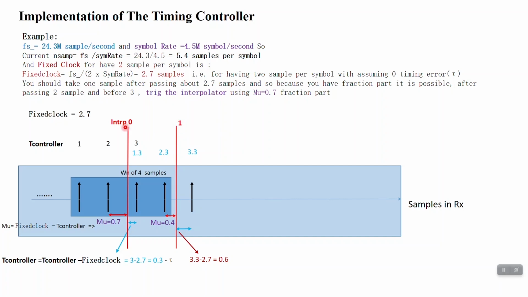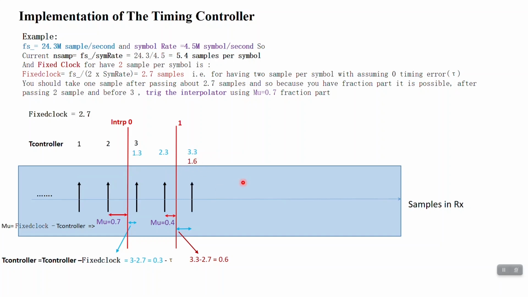This is the first interpolated sample, this is the second interpolated sample, and again after this moment, update the T controller by subtracting this value by the fixed clock. So after this moment the T controller value, the residual T control value, changed to this value. By coming the first sample after this moment, we sum the 1 plus this residual T controller, changed for this sample, changed to the